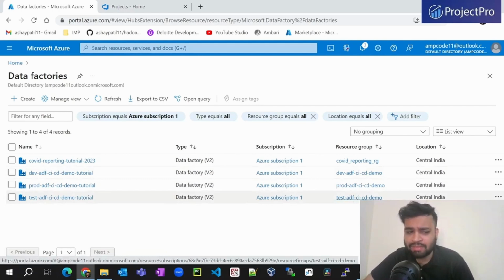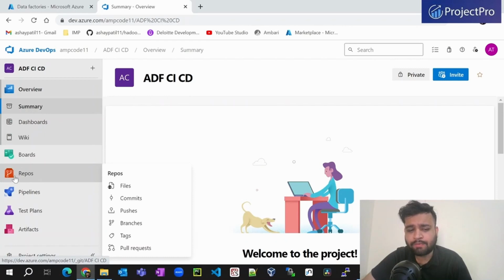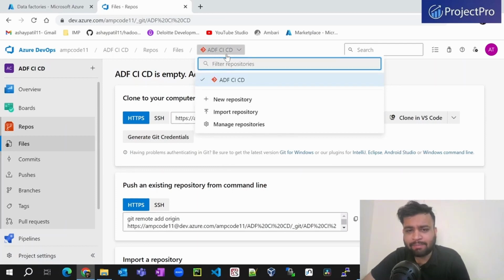So once this is done, we need to set up our Git repository and connect it to our Azure Data Factory. We can do that using the Azure Data Factory itself, where we can configure our Git, but I will prefer to do it using DevOps. So all you can do is go to the DevOps home and go into our projects here, and in projects you got the option of repos in the left menu. So as you can see, we have the adf ci/cd repository already created, but we will create new